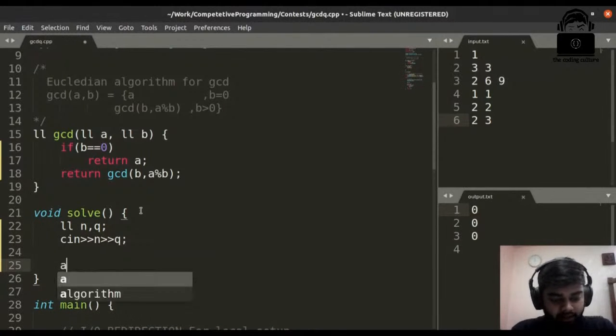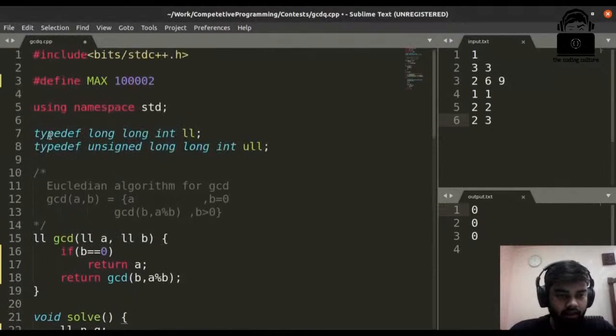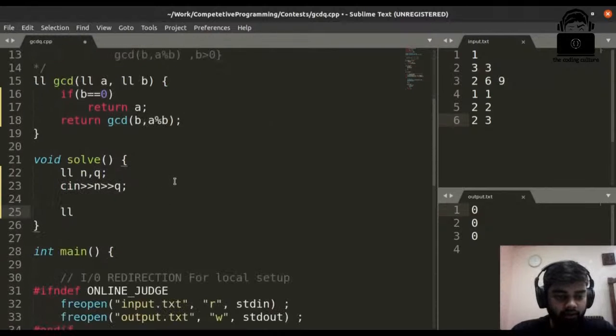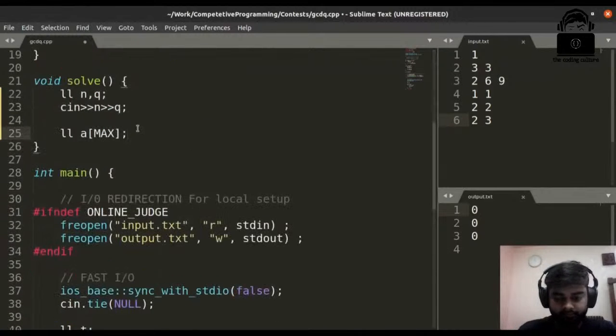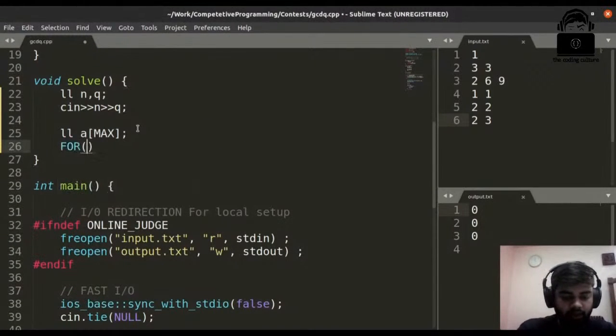Now we have to initialize an array of LL. Here LL means long long. I have already renamed it by using typedef to LL so that it becomes easier to write. So LL A of size MAX, where I have defined MAX to be around 10 raised to the 5, which was the maximum given constant for the length of the array. So now we will need to take input of that array, for